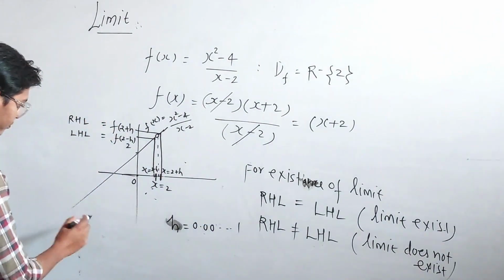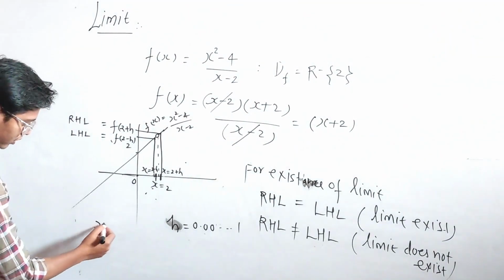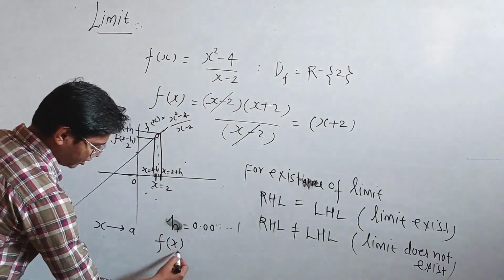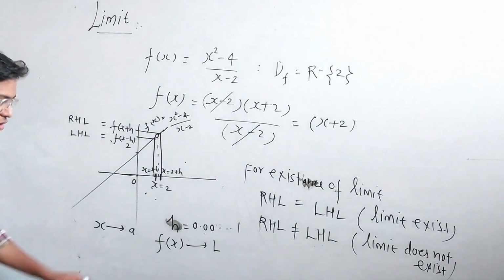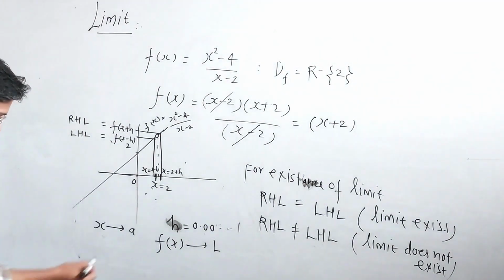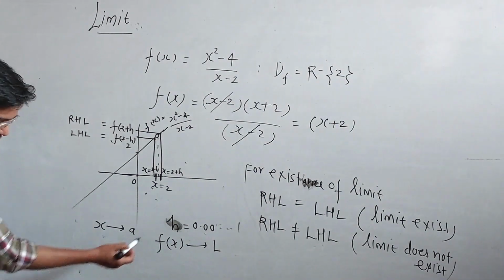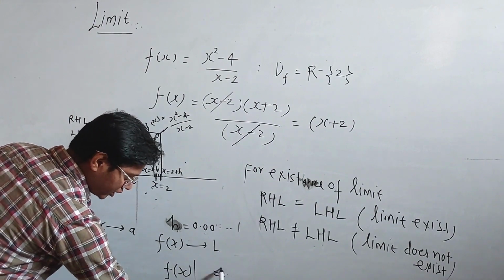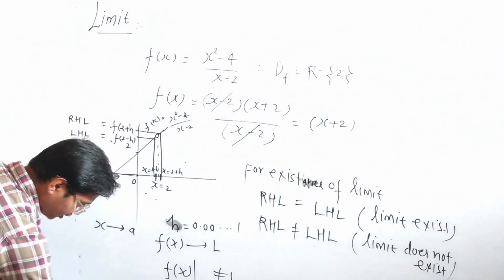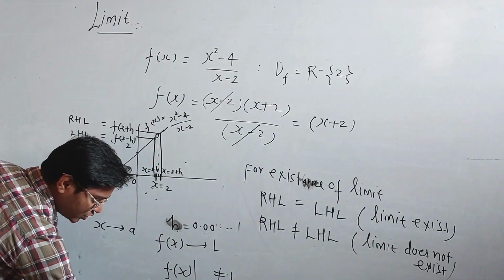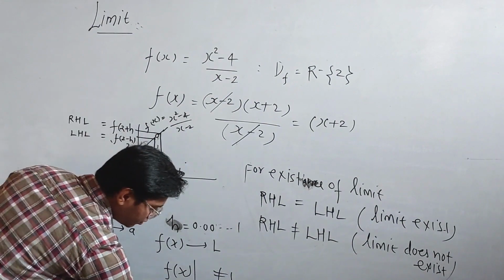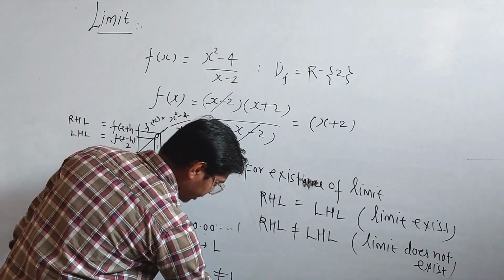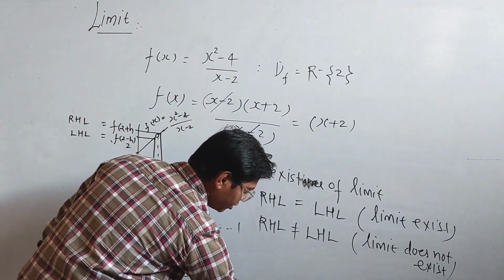And this is how to calculate the right hand limit and left hand limit. Let's suppose this is the concept of an approaching point. So if any point x is approaching a, then the value of the function f(x) is approaching a particular value L, not exactly L. So we want to say that the value of the function at exactly x equal to a is not equal to L, but the value of the function at x equal to a plus h is L, or the value of the function at x equal to a minus h is also L.